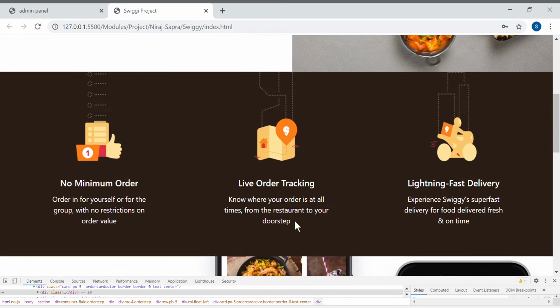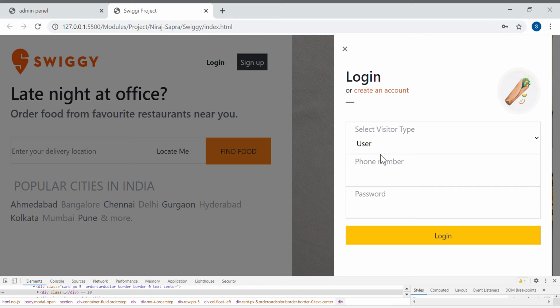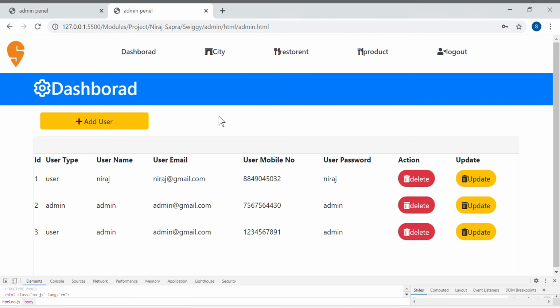So we go to the admin login, right? Here we choose admin and enter the admin mobile number. Here we go to the admin panel, right?